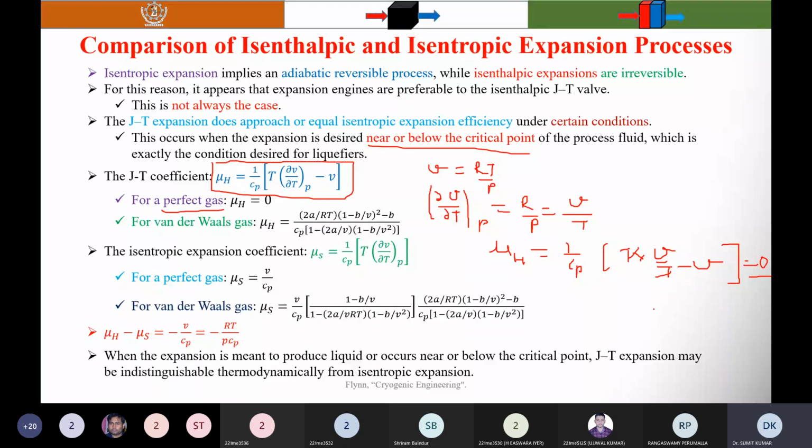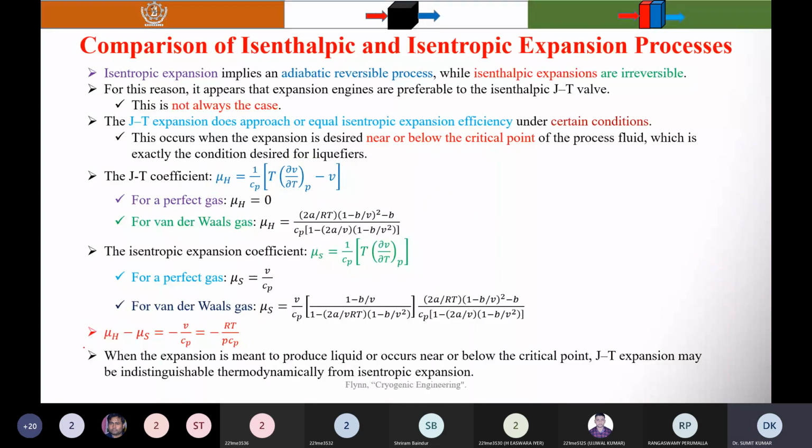Another one you can consider is the van der Waals gas. Here you can see that. What is the van der Waals gas? P plus A by V